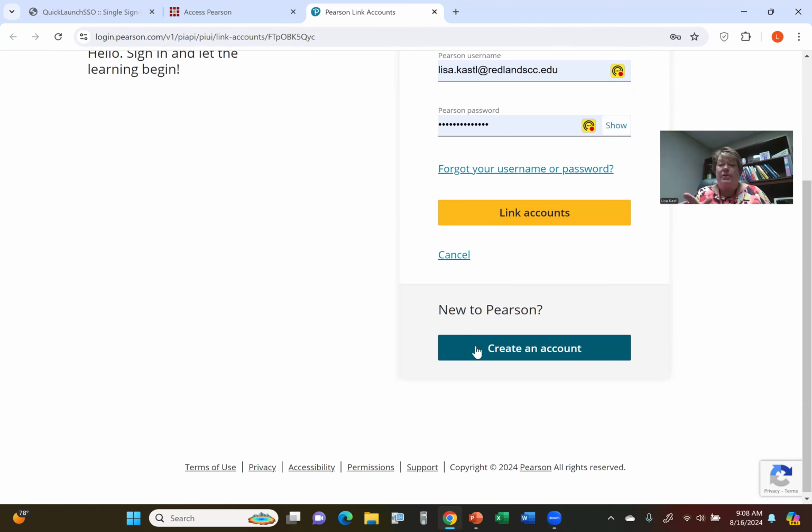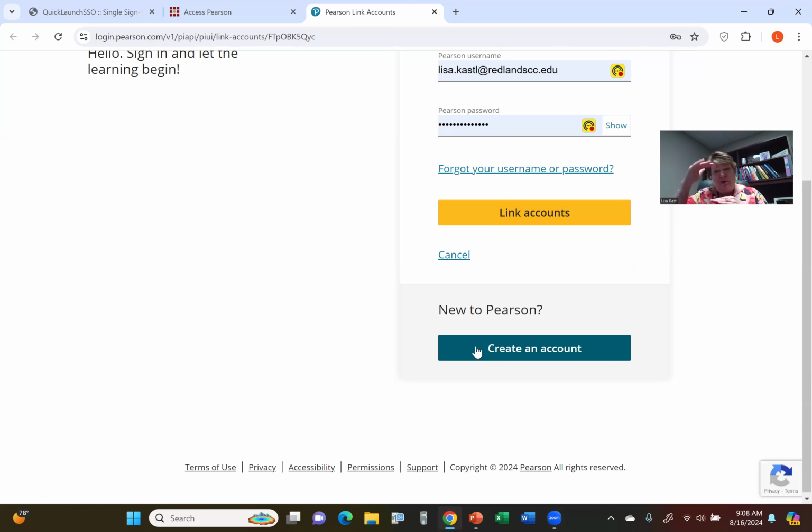You just fill out the forms, agree to the user license agreement, those kind of things. And then you submit it, and it should take you to a page where you can buy access. So you can either put in a code if you bought your access elsewhere. For example, the Redlands bookstore, if you buy your access there, you will receive a code that you can cut and paste in. Or if you want to pay with a debit card or a credit card, you can do that there.